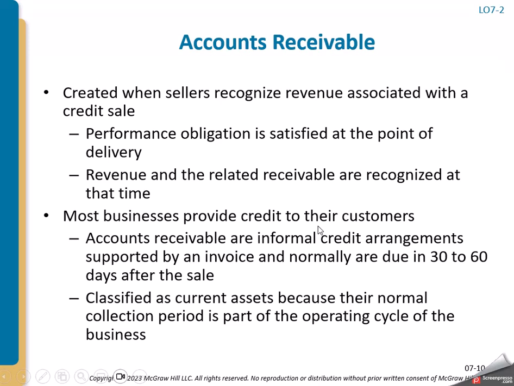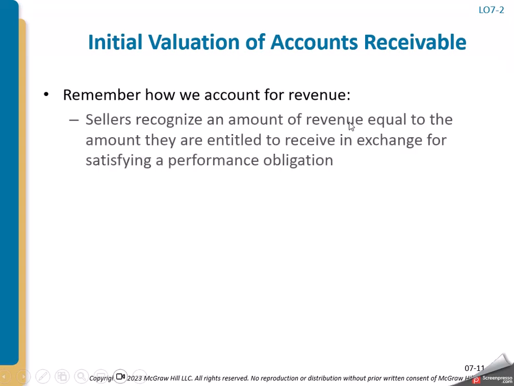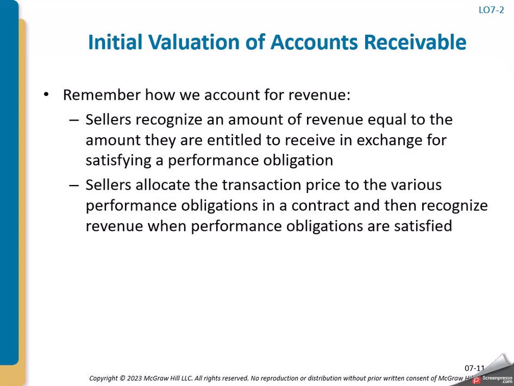Then our next type of asset that is most common is our accounts receivable. Anytime we are recording revenue and billing our customers, they're not paying us right away, so that goes into what's called an accounts receivable. And we give them terms on those invoices, maybe 30 days, 60 days, and they're current assets because they'll normally be paid in a short period of time.